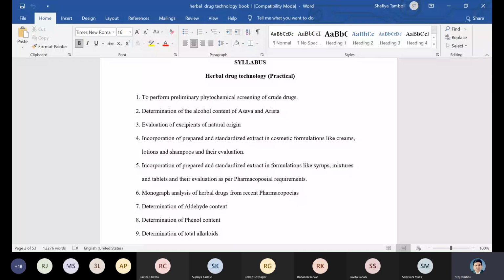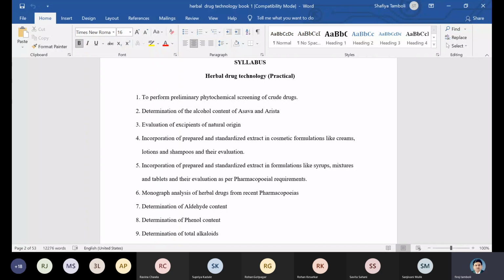What is the significance of this type of experiment? What do you mean by phytochemical screening? Yes, we should know the secondary metabolites. Yes, exactly. That is the purpose, we know the secondary metabolites, whatever is present in